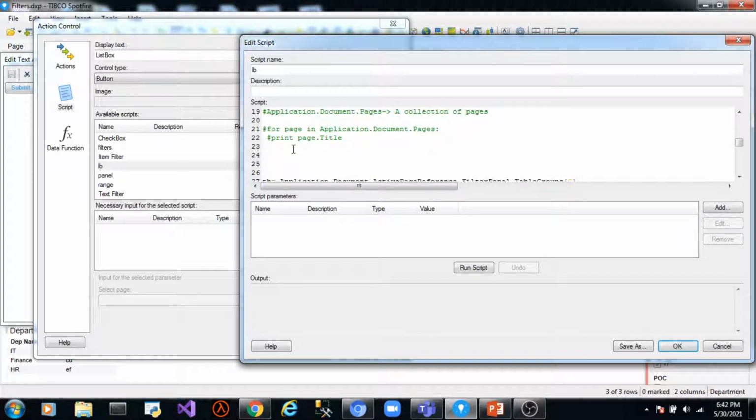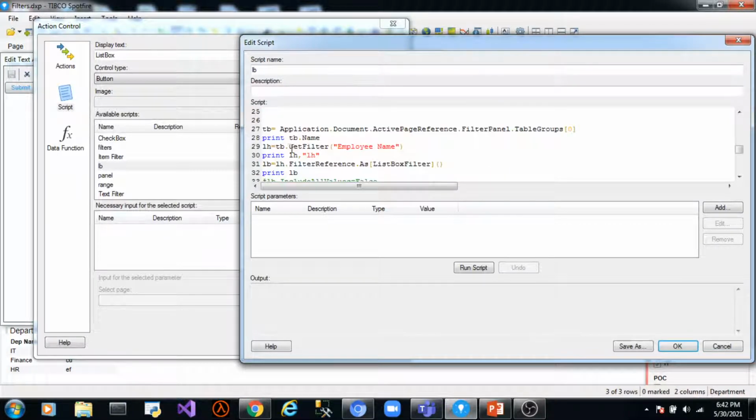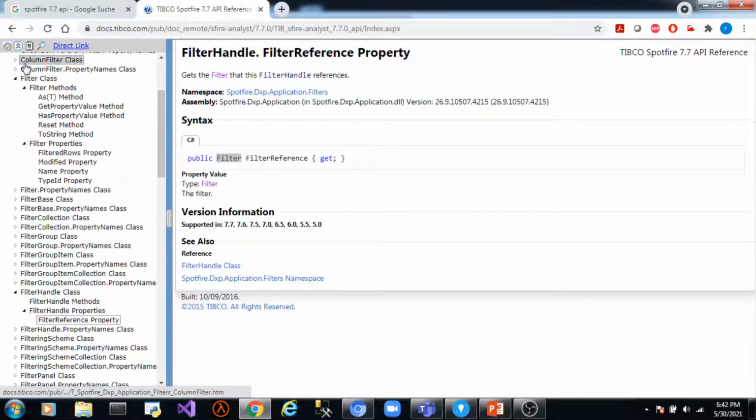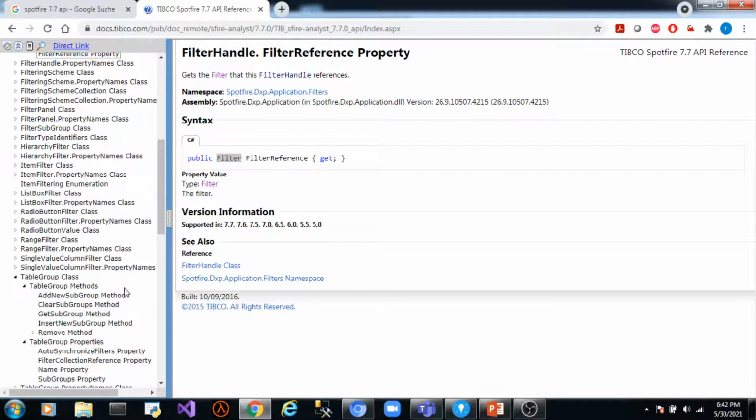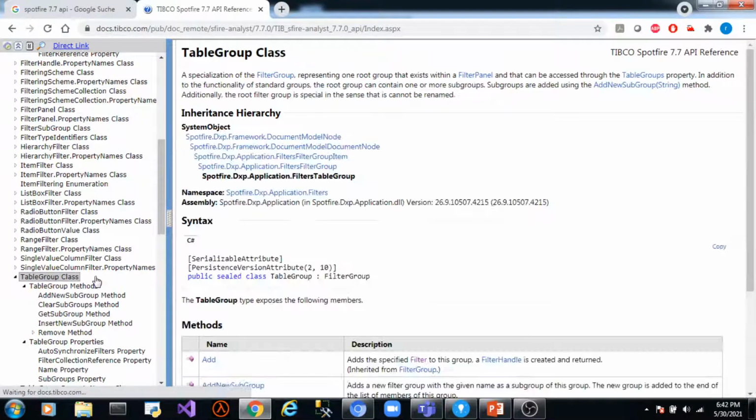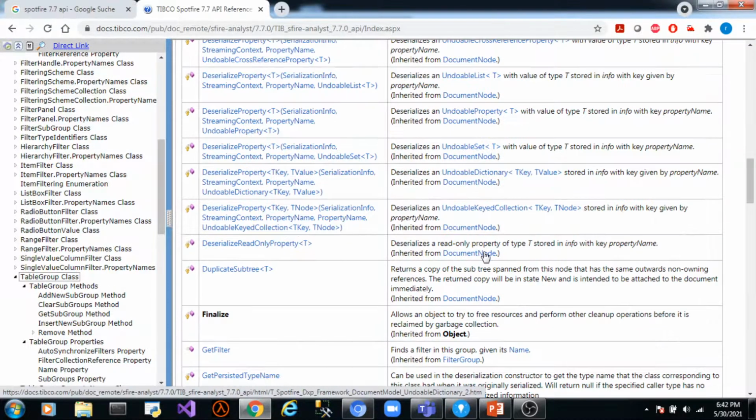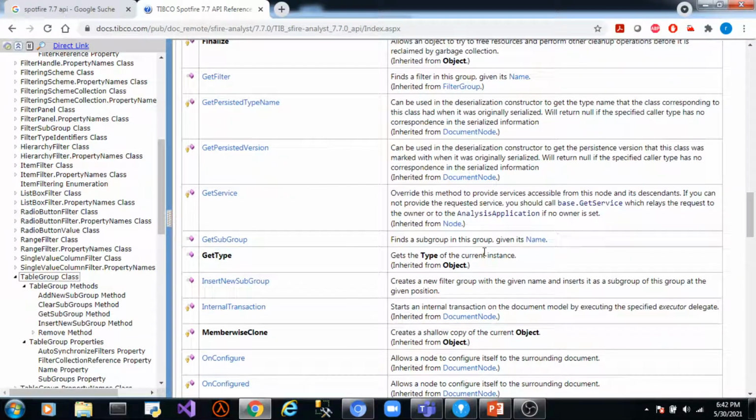So there is a command, function, method called getFilter, defined in the TableGroup class. If we go to the TableGroup class, we will find this method. getFilter.